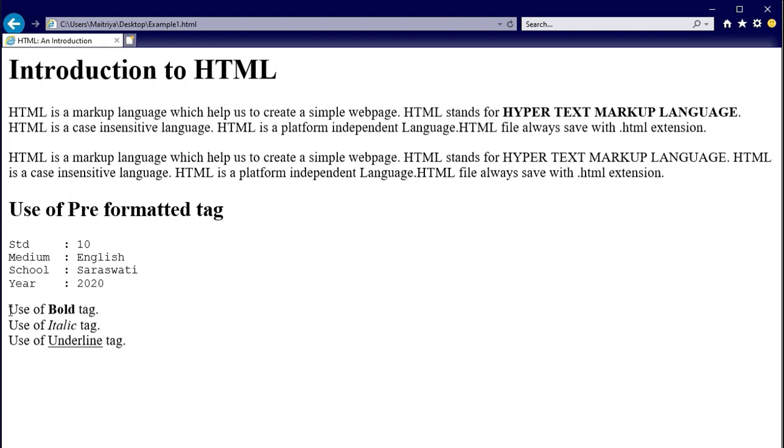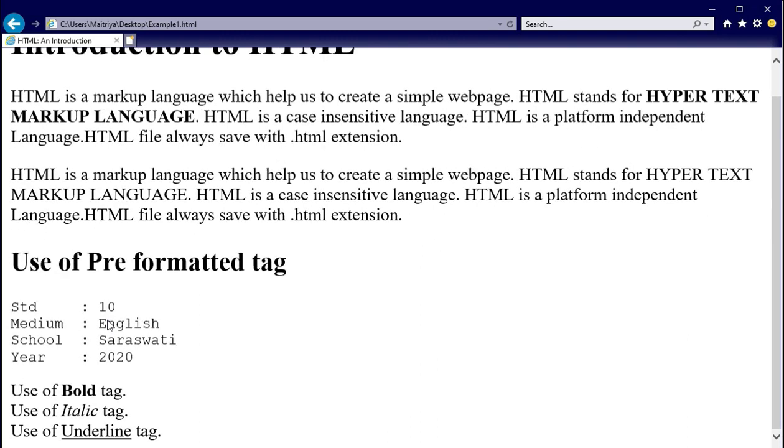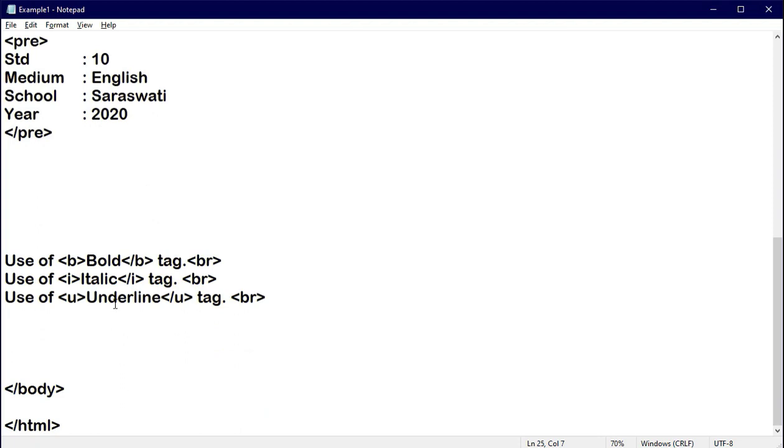Now just save your file, refresh your web page, and you will be able to see the output. But along with that there is a change in font type, because in the pre-formatted tag whatever the default font type is will be applicable, and according to that the output will be displayed on the screen. So your output will look like this, right? So understand that we have learned about the title tag, then we have seen the body section. In the body section we have learned about heading style, paragraph tag, BR tag, pre-formatted tag, then bold, italic and underline. Right?